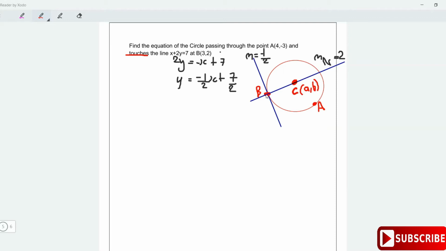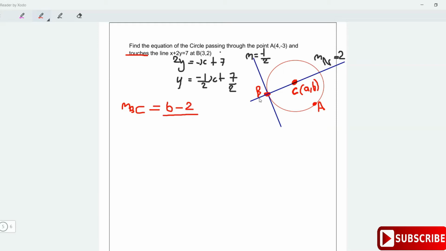I know the gradient from B to C is just the gradient of the normal, and the gradient is y2 minus y1, so it's b minus 2 over